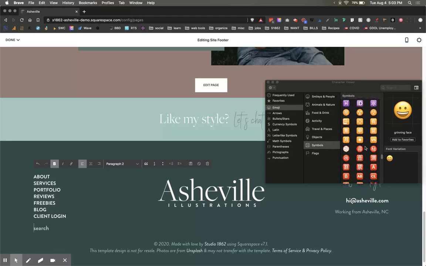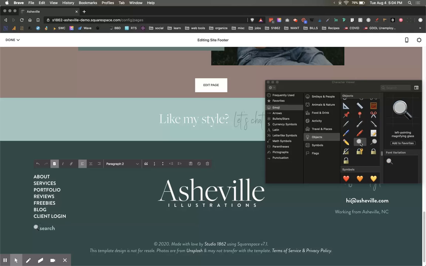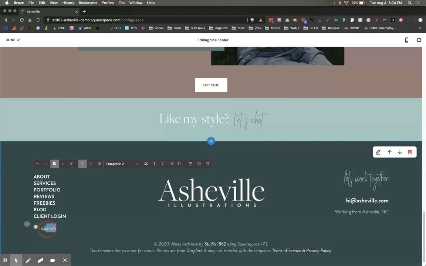Symbols. I think it's objects. There we go. So you could have something super simple like that at the bottom, and then if you link